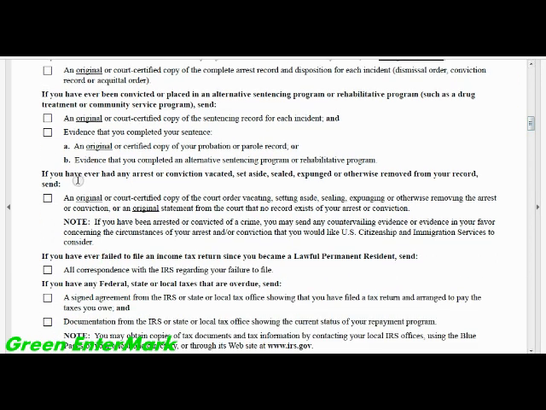In this case, you were convicted or got punishment, but on the other hand, the court vacated or set aside its own order or got you free. So in this case, you also have to provide all the documents, original or photocopies,